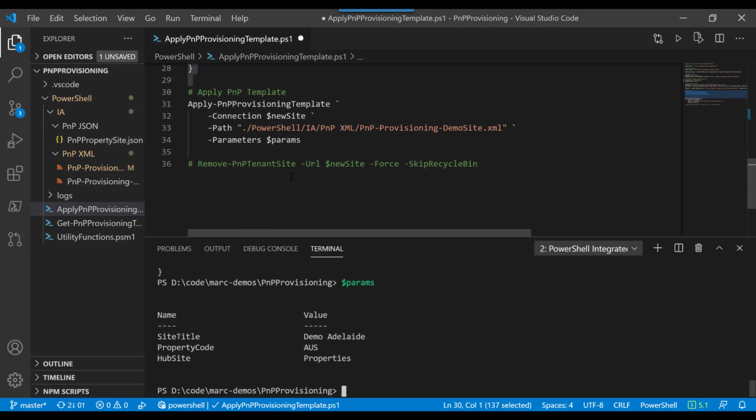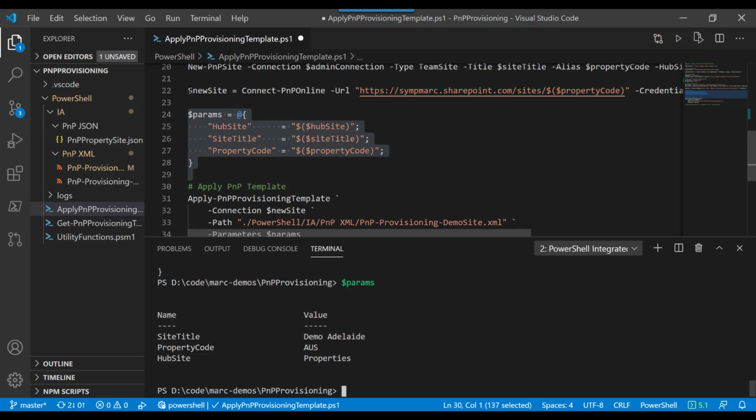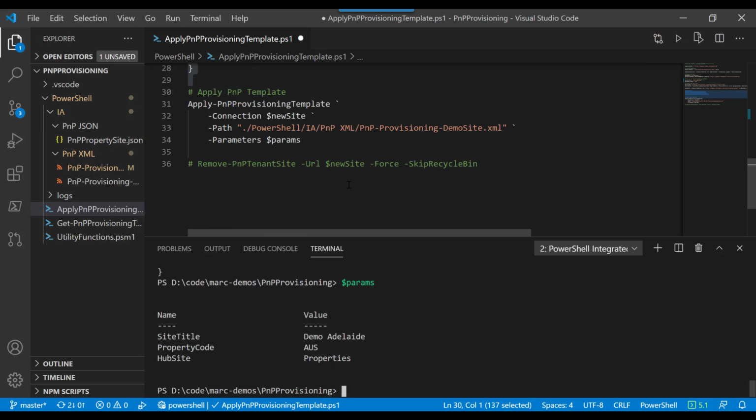Okay. And then the final line here that really does the work is apply the PNP provisioning template. I'm going to use the connection that I just created up here to that new site. So it's that AUS site. I'm going to use the provisioning template that's at this path, which is the one that we were looking at a little bit earlier, and then I'm going to pass in the parameters that I've shown you down here. So while I do that,